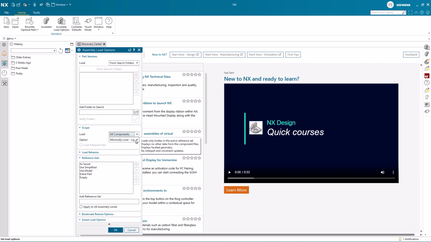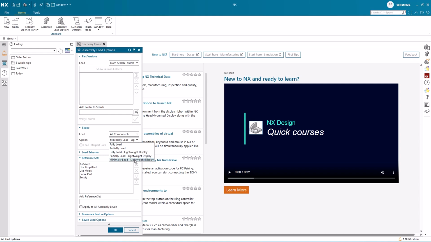The option drop-down allows us to dictate what state the components should be loaded at. Here I want to highlight Fully Load, Partially Load, and Minimal Load. Fully Load loads all components fully, together with full representation and definition, features, etc. Partially Load only loads geometry, no features, etc. Saves time and performance while loading.